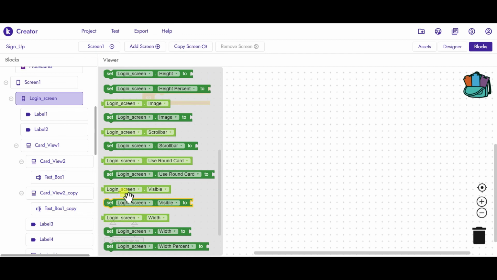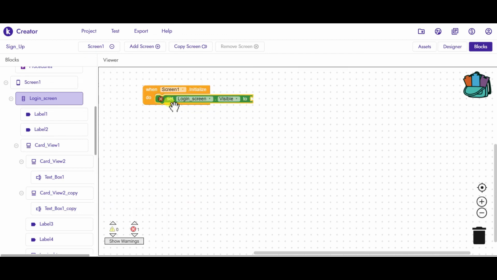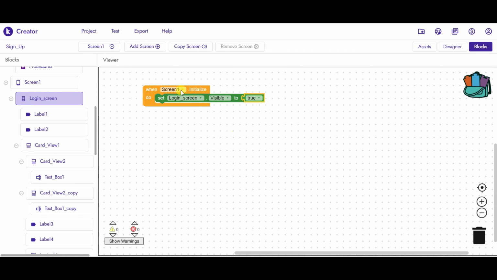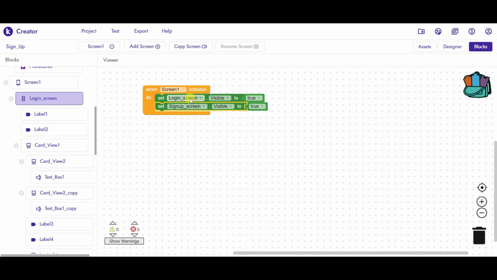So set login screen dot visible to true. Just type true, and just copy and paste this block. And instead of login screen, now take sign up screen and make it visible false.